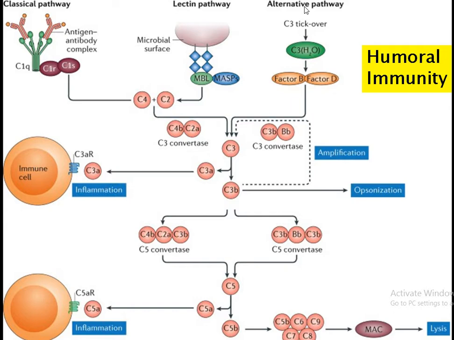This time I am showing you this figure because at this stage you have a good knowledge about the complement system. So through this figure you can appreciate their interconnection, how they are connected with each other. Classical pathway and lectin pathway combine at this stage while the alternate pathway at this stage. So that here in the end they are forming the membrane attack complex through which the lysis of the cell